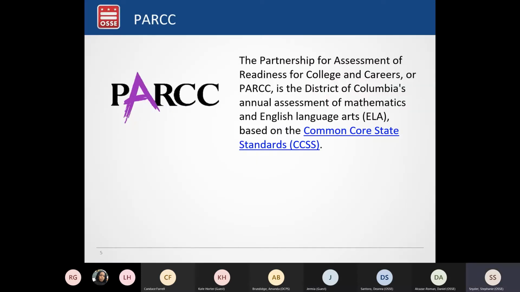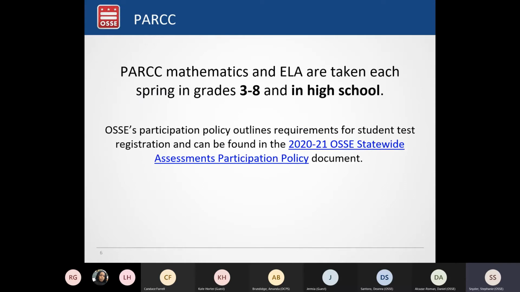Just some background on PARCC. PARCC stands for the Partnership for Assessment of Readiness for College and Careers, and it's DC's annual assessment for ELA and mathematics, and it's based on Common Core state standards. PARCC is administered to students in grades 3 through 8 and in high school.